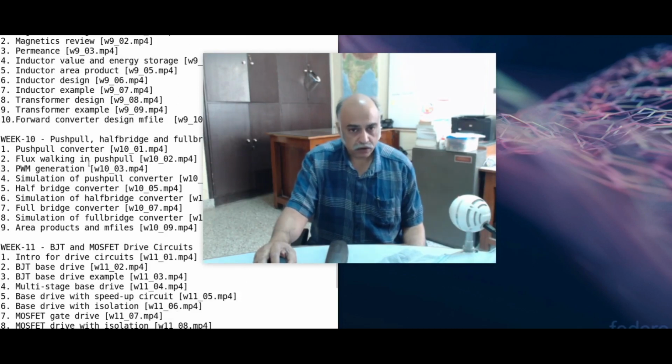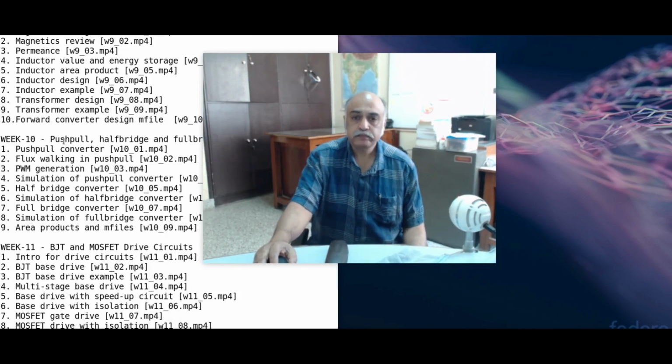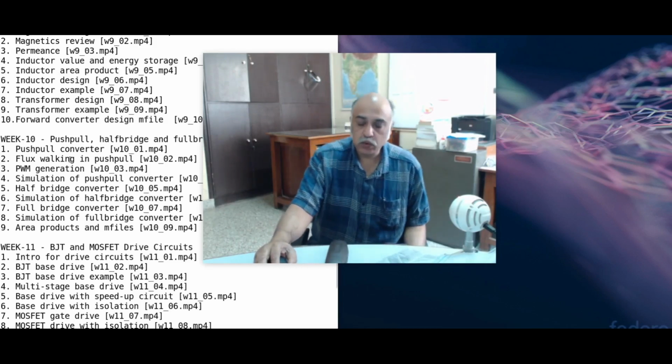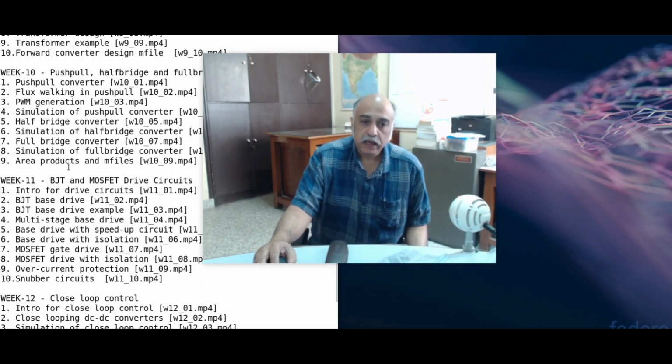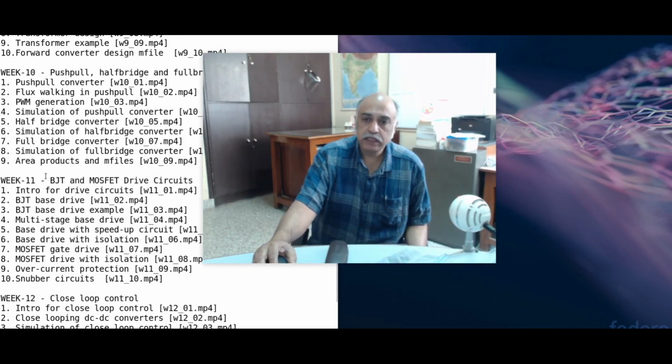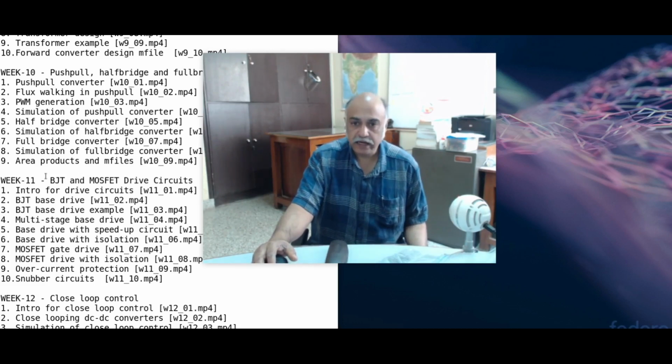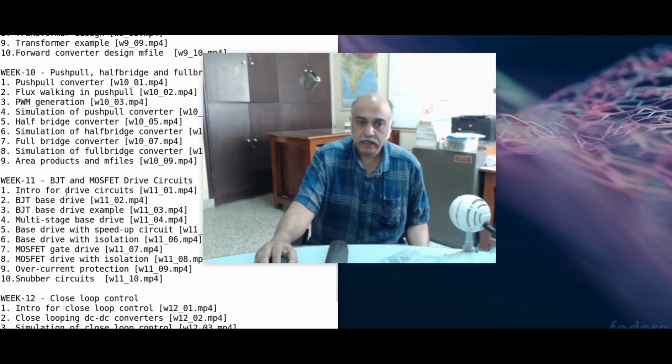And then we talk of the push-pull, half bridge and the full bridge converters, the higher power side converters, and we also will be including simulation examples. And then in week 11 we will be covering a very important topic called the drive circuits. There are several ways you can drive the BJTs and the MOSFETs and the IGBTs. We will be spending one full week on discussing the drive circuits, non-isolated and isolated drive circuits, and discuss the